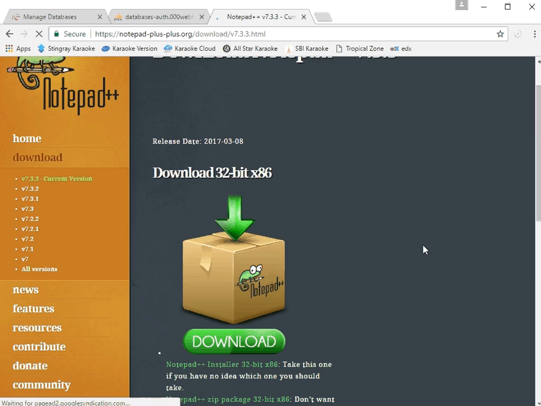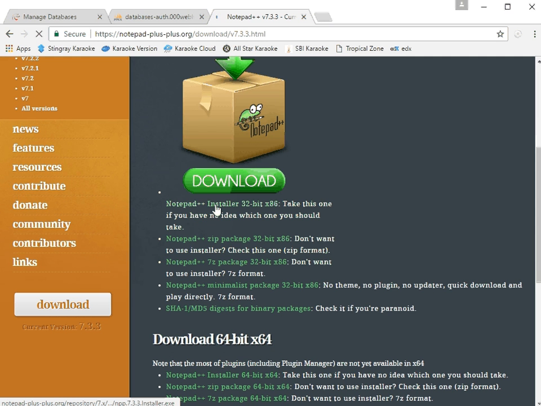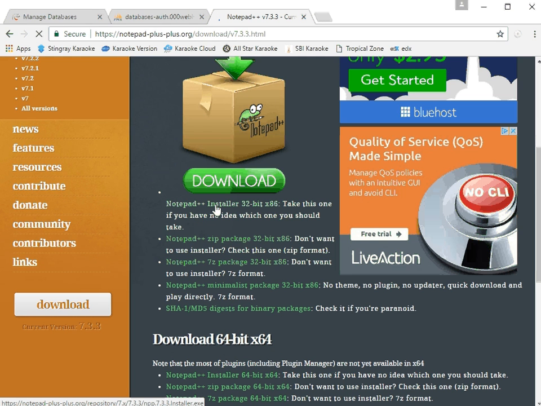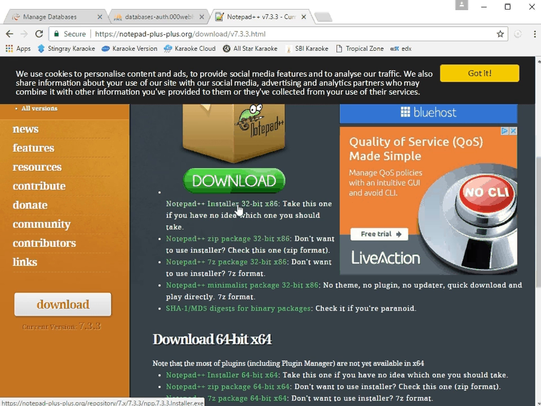And you just come in there, and then depending on what you have, you can get the installer, which is the easiest way. If you know what you're doing, you can go to something else. Depending on what platform you're using, you may use a different one. You're going to have to find out which one you want. I'm in Windows 10 right now, so this is the easiest way. So if you click on installer,